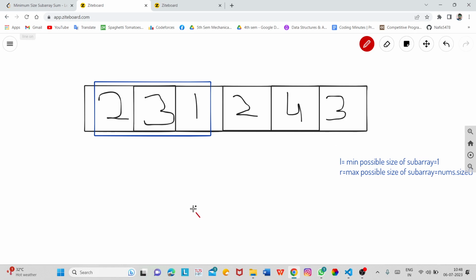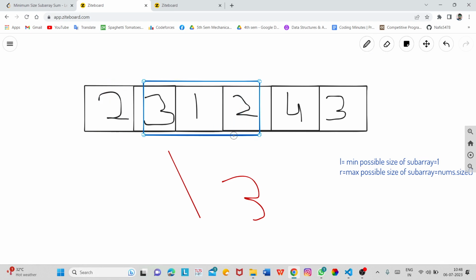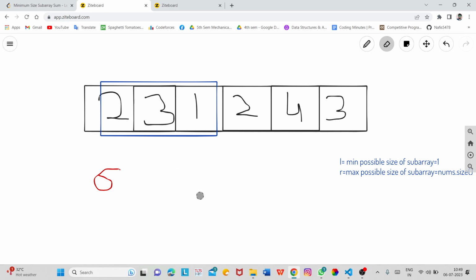Like if we have this as a size, initially we have a size of 3. Okay, so we are taking size 3 here, and I am just going to move this subarray forward. So this is again our new subarray. For our previous subarray, what was our sum? The sum was nothing but 6. Okay, and then we will move forward, and you can see that for this subarray our sum is nothing but 5.